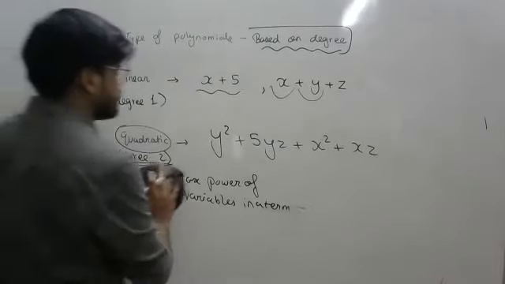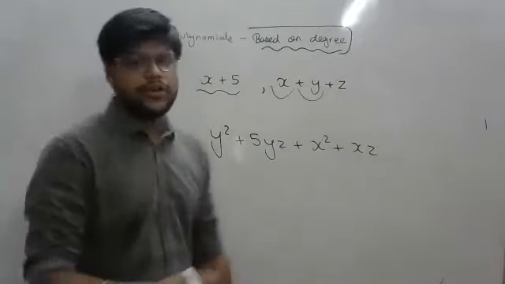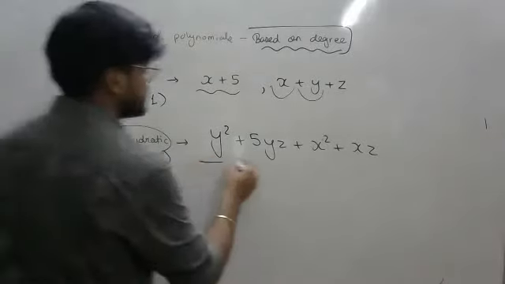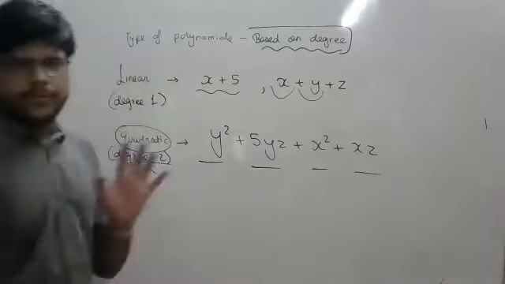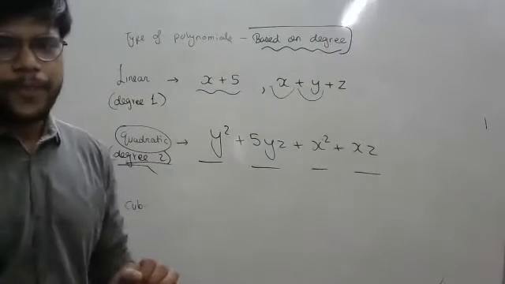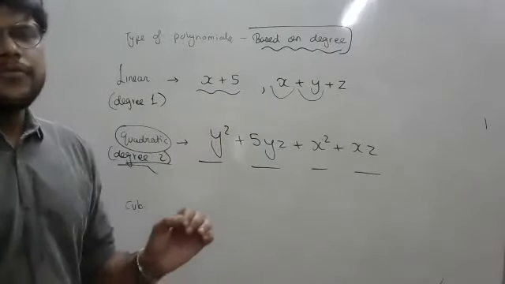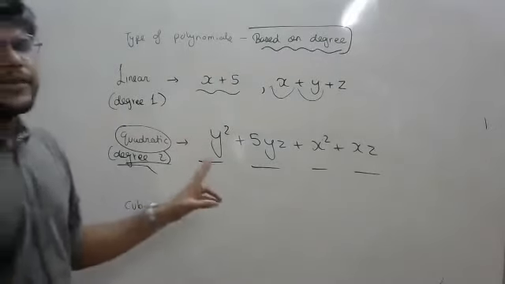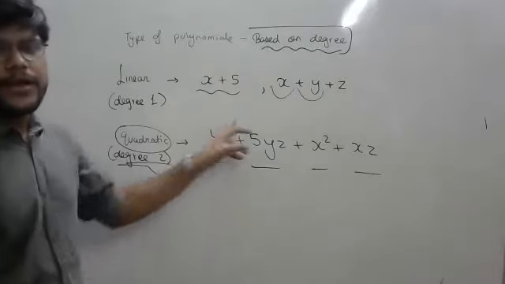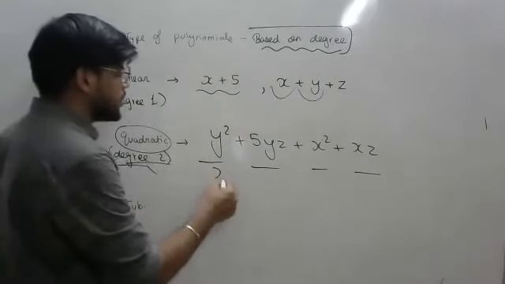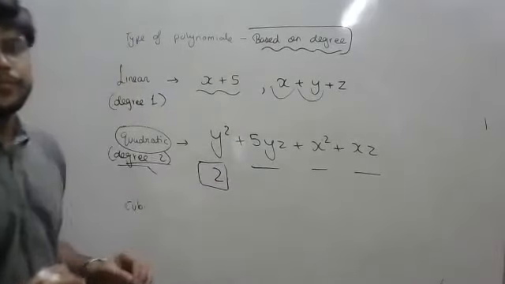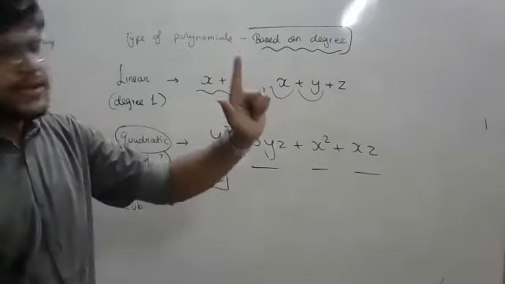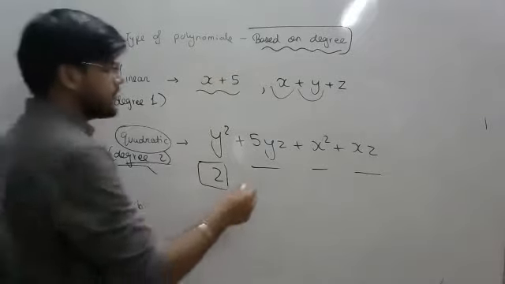How to decide if a given polynomial is linear, quadratic, or cubic? Understand? So, what you have to do, first of all, note down the terms. So, we have 4 terms. In every term, find the number of variables, the power of variables basically. Here we have y into y square. So, the power of this particular term is 2. Power of this term, y and z, 1y, 1z. Again, power is 2.